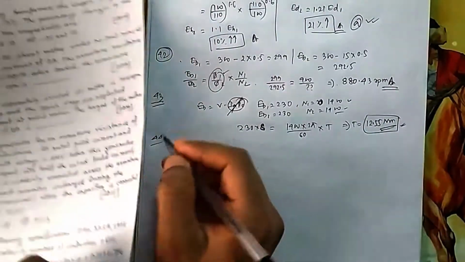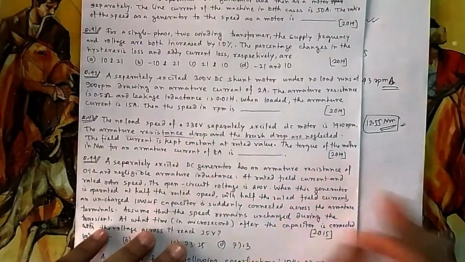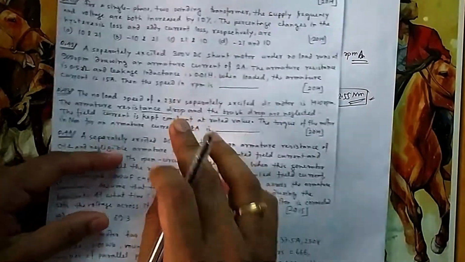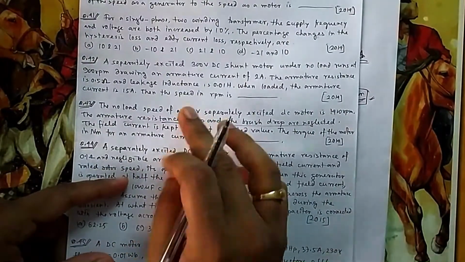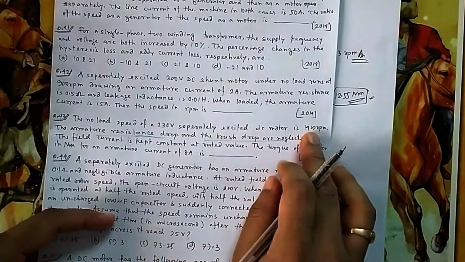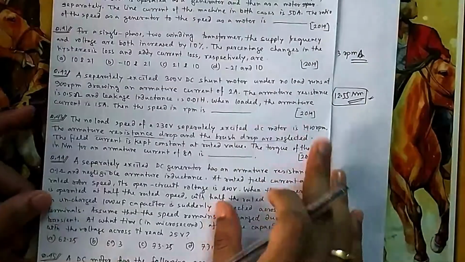So you have to be careful in the exam. If they are neglecting this, then your back EMF becomes the supply voltage every time. So in this case, if you are not changing the supply voltage, your back EMF will remain unchanged, and if you have kept your field also constant, this motor will be a constant speed motor. Every time it will be 400 ampere only for this problem.